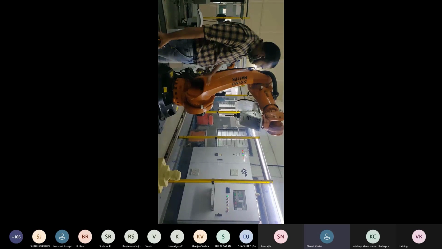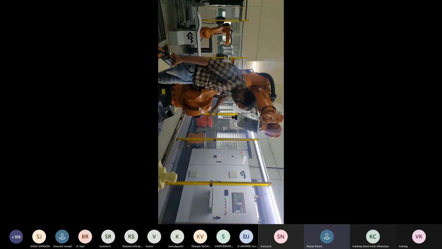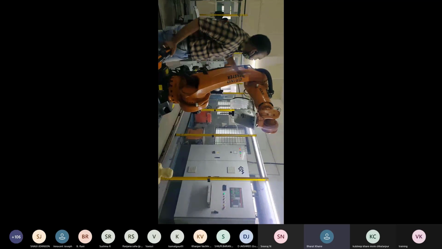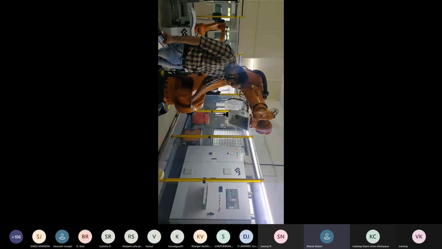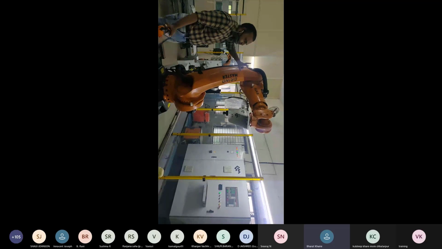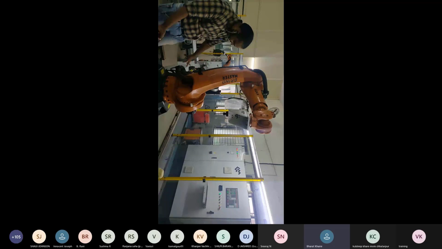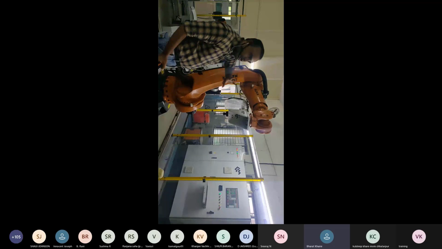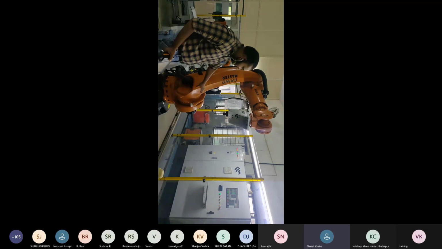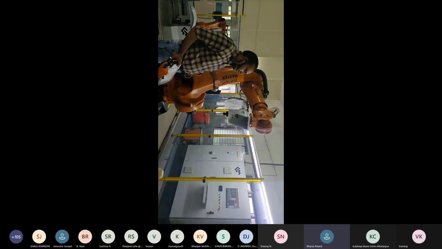There are 6 axes, 6 joints, and each is a servo motor. Every joint has a servo motor to control the axis, and there are also some mechanical stoppers. Here is the mechanical stopper on the second axis, and the third axis also has a mechanical stopper. So these 2 axes and the base will not rotate 360 degrees.